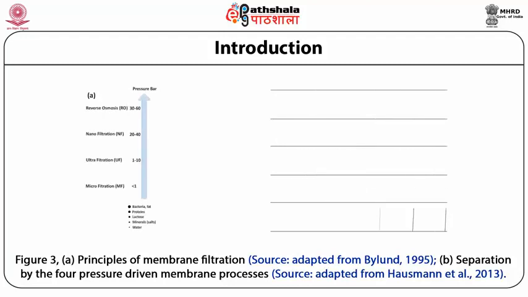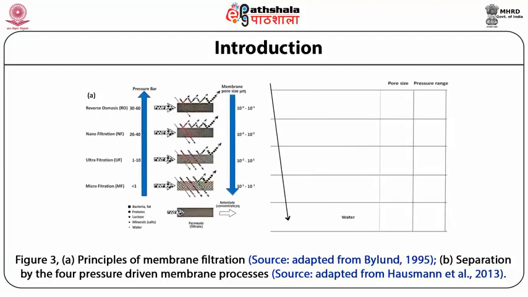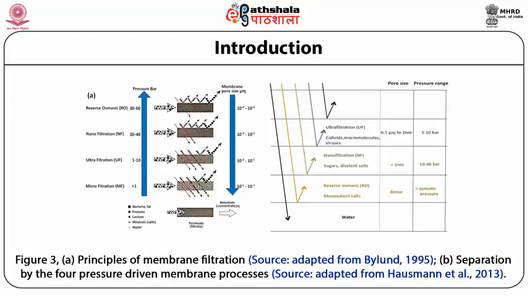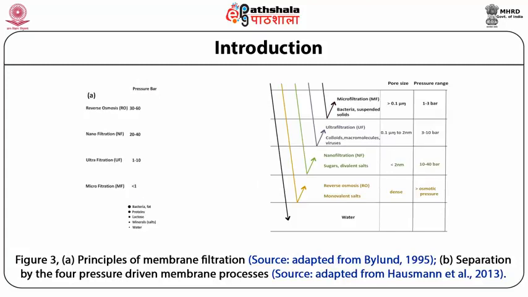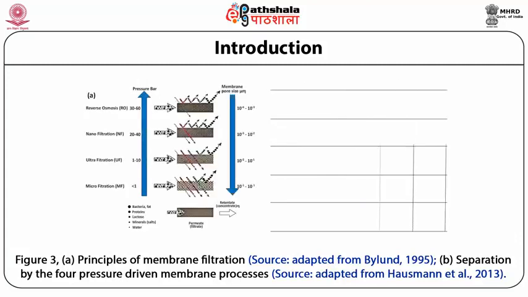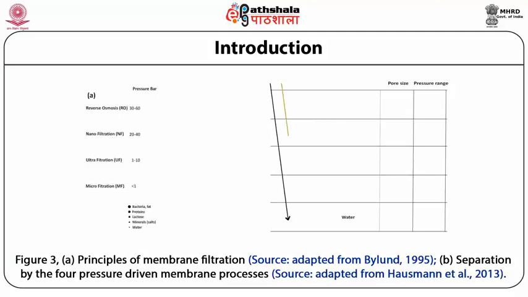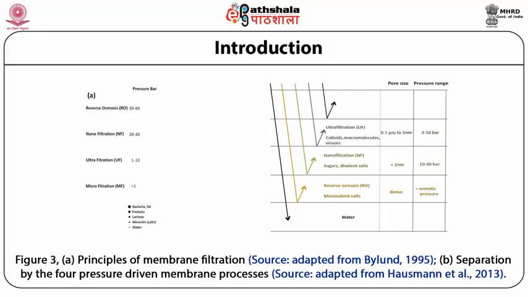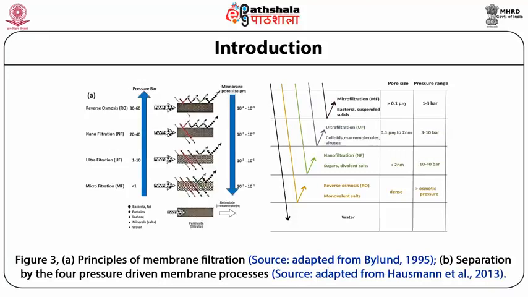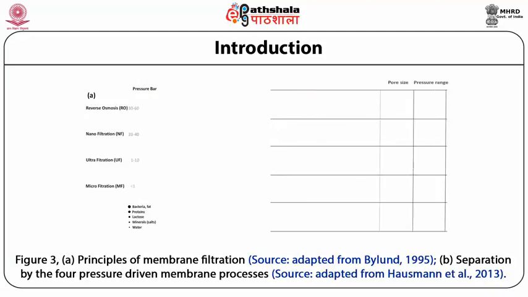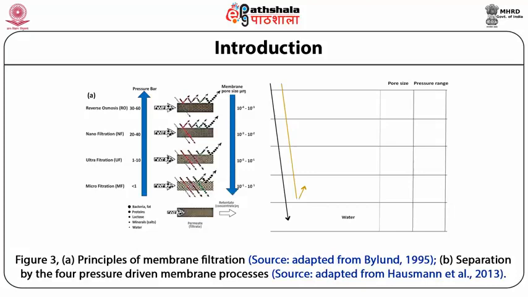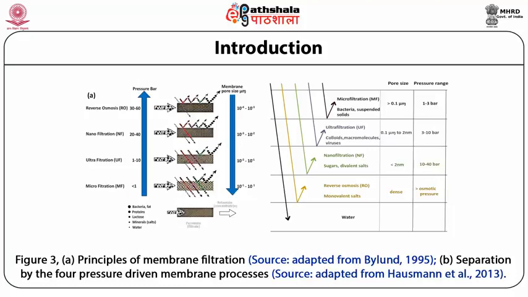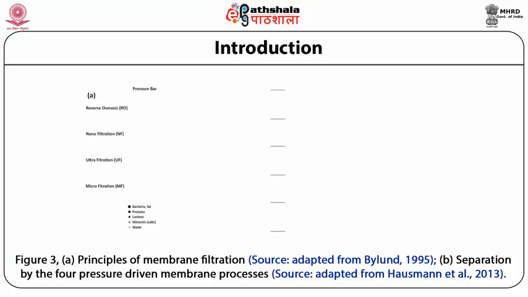Coming to nanofiltration, here we can see all the bacteria, fat as well as proteins and lactose will be retained, while some of the salts and water will pass. Coming to reverse osmosis, only water will pass, otherwise everything will be retained. And why do these 4 membrane processes show different types of separation behavior? That depends on the membrane pore size. Here you can see another arrow going downwards, that the size for reverse osmosis is 10 to the power minus 4 to 10 to the power minus 3 micron. In the case of NF, it is 10 to the power minus 3 to 10 to the power minus 2.